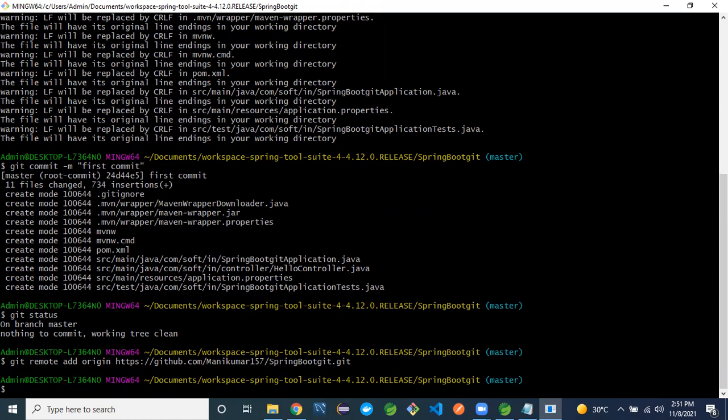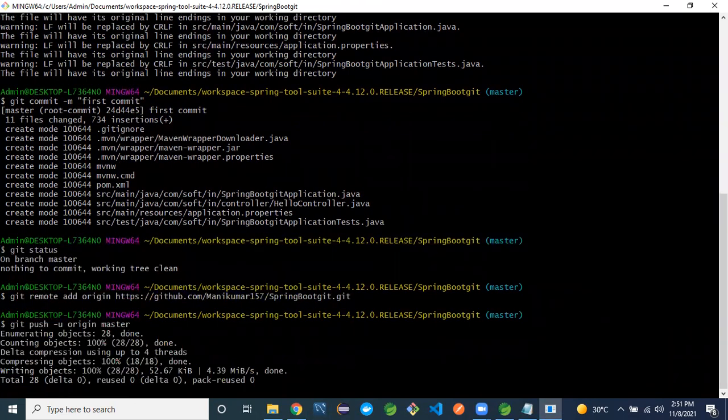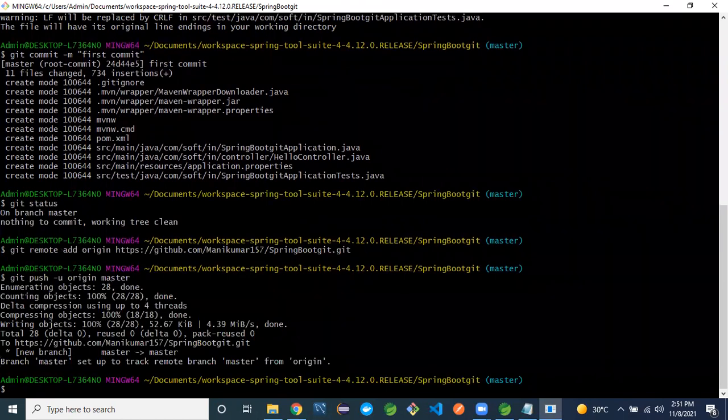After that, push: git push -u origin master. Enter. All the files will be moved to GitHub. Let's check whether it committed or not. How to check?